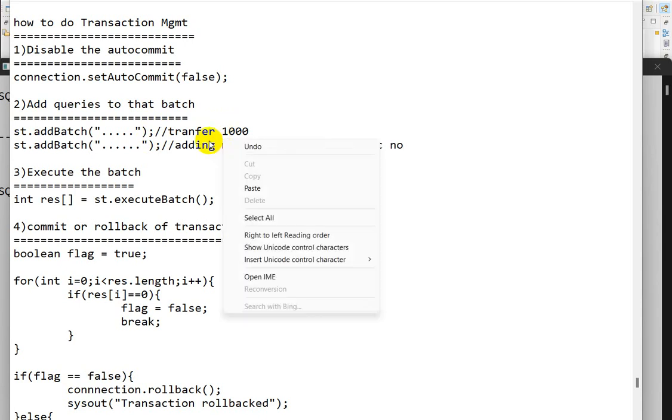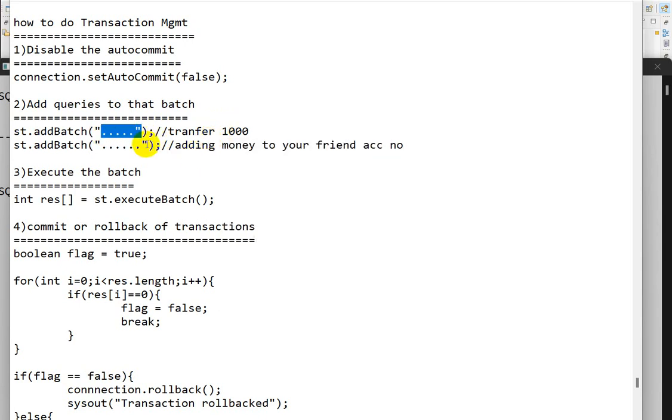So these are the two queries we will add. Then we execute int result equals st.executeBatch.